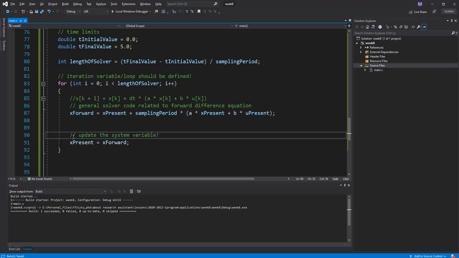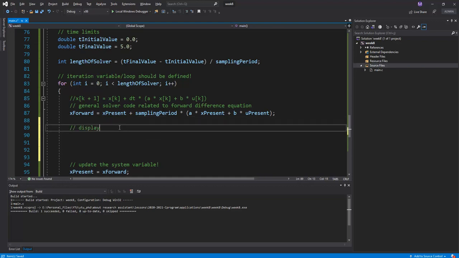Right? And then in the next loop the x present is equal to the x forward, or x0 gives us the x1 and x1 is equal to the x present, and so the for loop is going to restart, and so x present is equal to the x1, and then we can calculate the x2 value by using the x present value. Okay? And so how can we